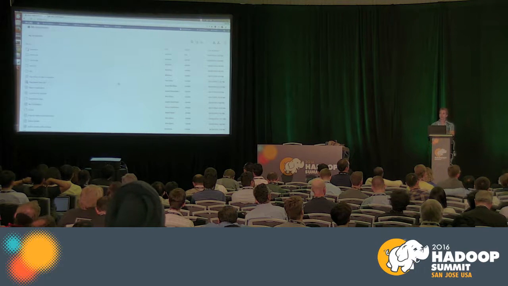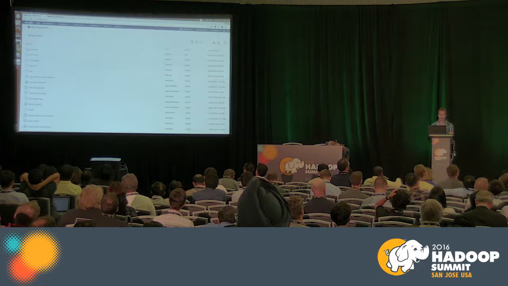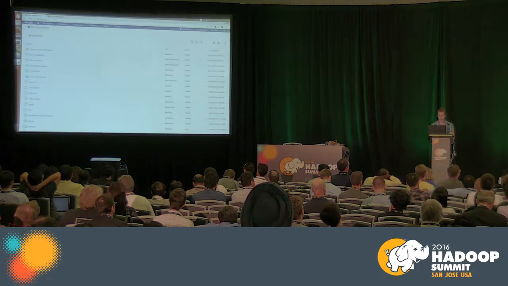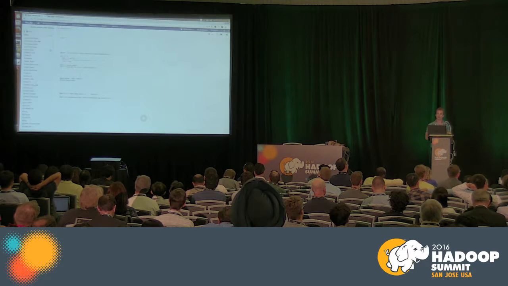This is the new Hue interface. Similar to Google Docs, you can share documents. You have directories, you can get organized, you can export them. And I'm going to start with a little notebook that will clean up my data. First step